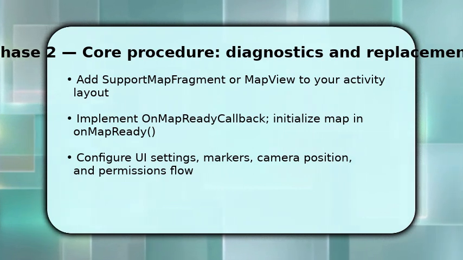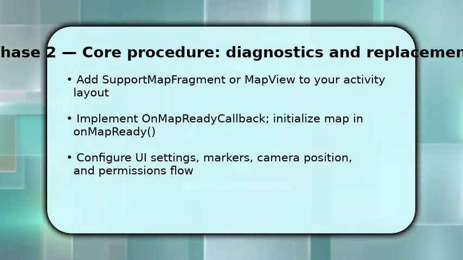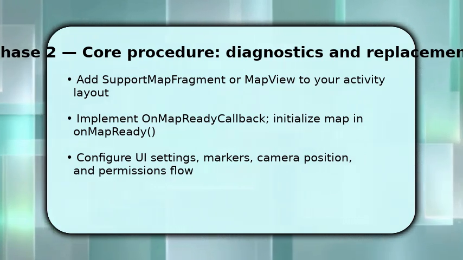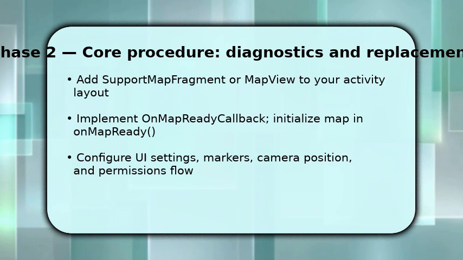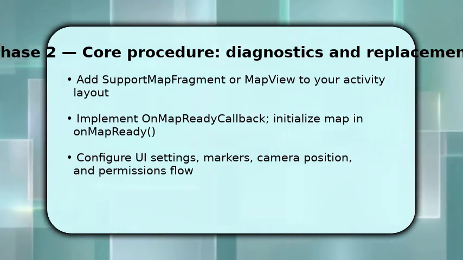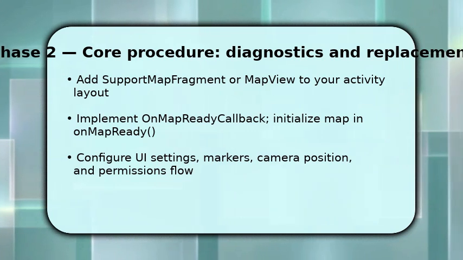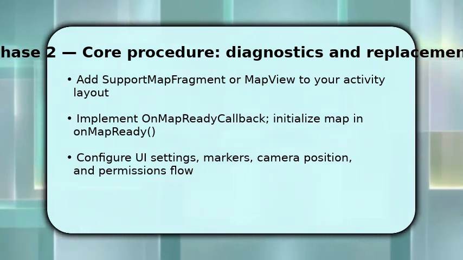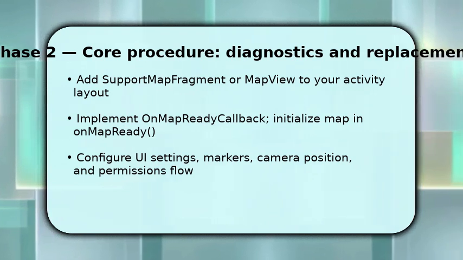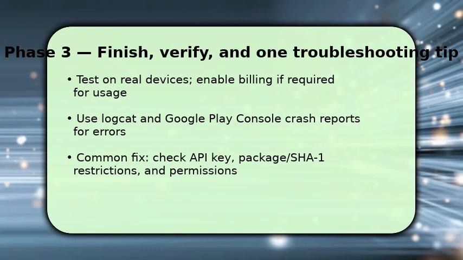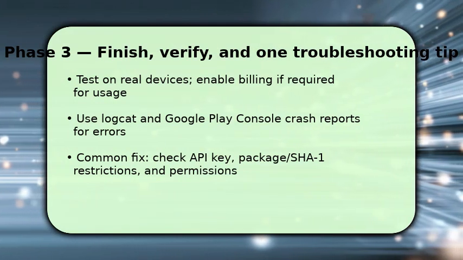Once onMapReady runs, configure UI settings, zoom controls, compass, and set up camera position using CameraUpdateFactory to center on coordinates. Add markers with MarkerOptions and handle runtime location permission requests so the map can show user location. Also, make sure to manage the map view lifecycle when using it inside fragments. You finish by polishing camera animations, marker clustering, and user interactions, then build a signed